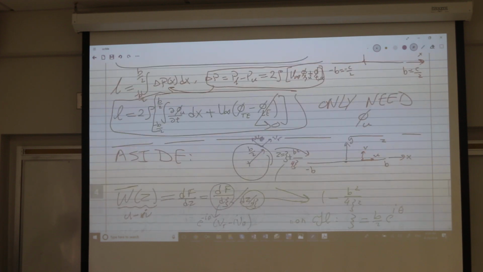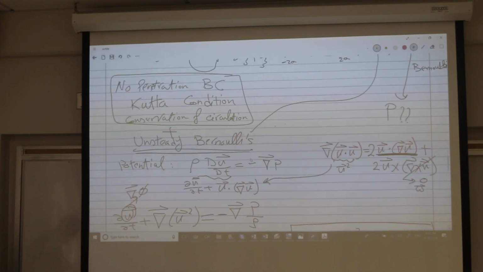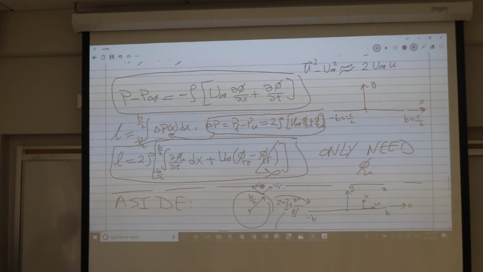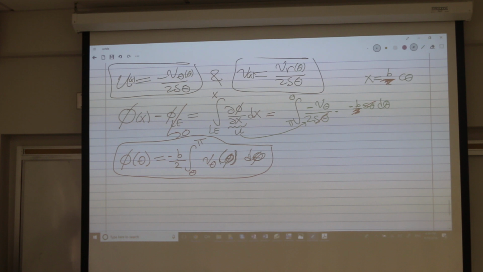So, towards our objective was the unsteady lift, and for the unsteady lift, we were waiting for phi, the velocity potential. We just wrote phi in terms of the tangential velocity V theta, so now we need V theta. Now you're going to pick from here next time. Okay? Any question? Any question? So homework